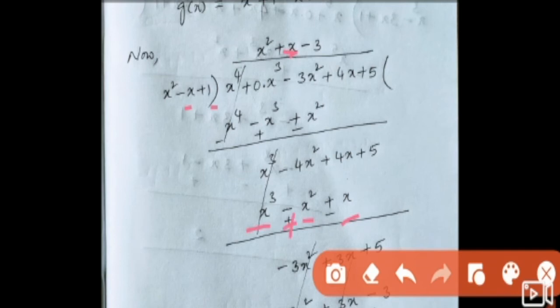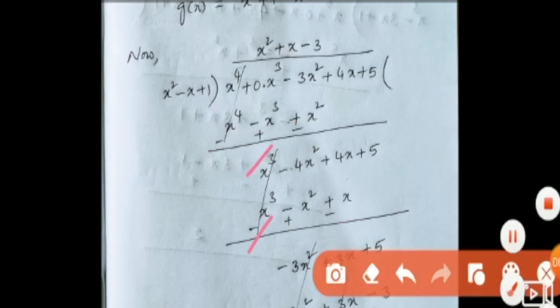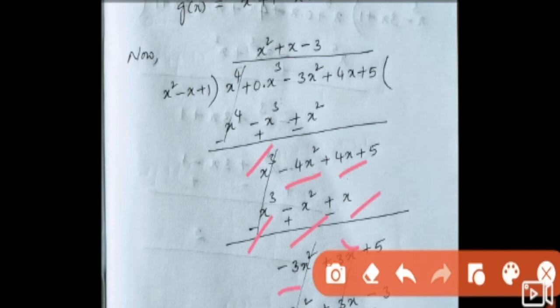So you have to do the subtraction, then you will get the opposite signs. You have to consider the resulting opposite signs here also. After doing the subtraction, you get opposite signs. Then these two terms will be cancelled: plus x cube and minus x cube cancel. After that, minus 4x square plus x square, so we get minus 3x square. Here 4x minus x is 3x. Next, the 5 you can copy here.